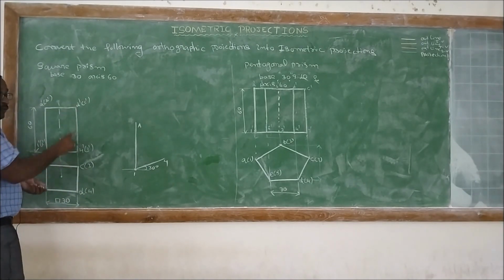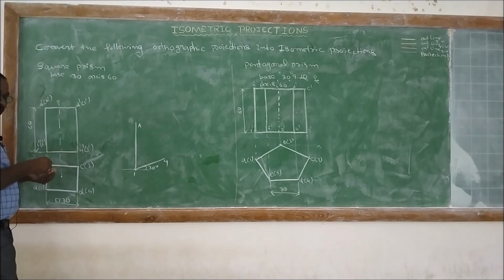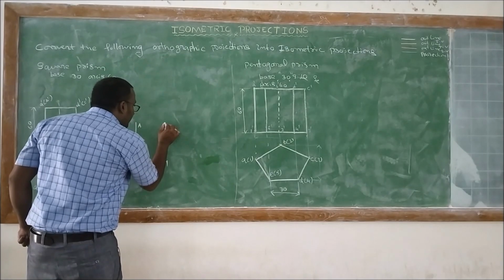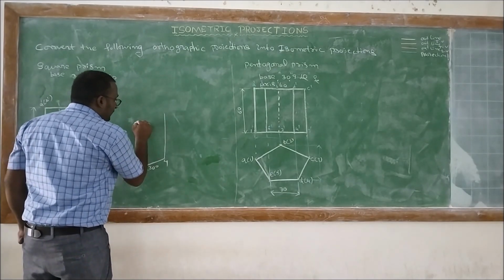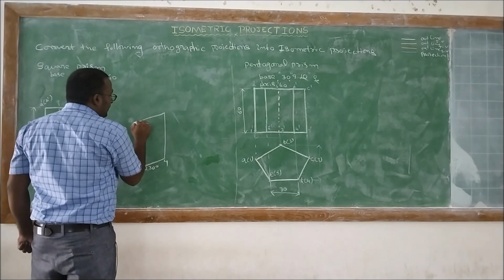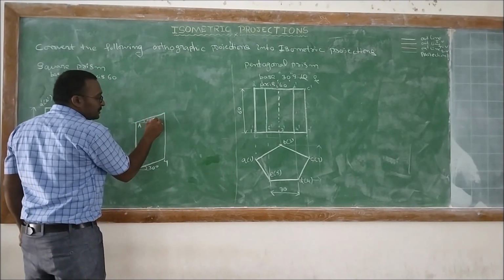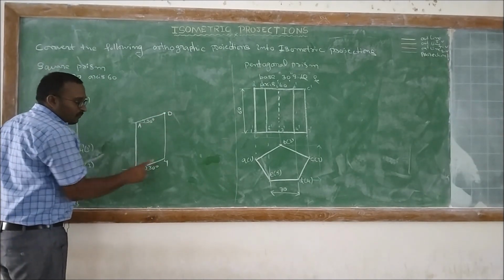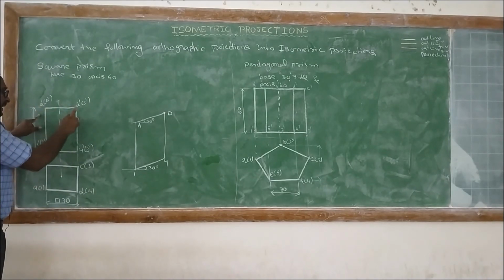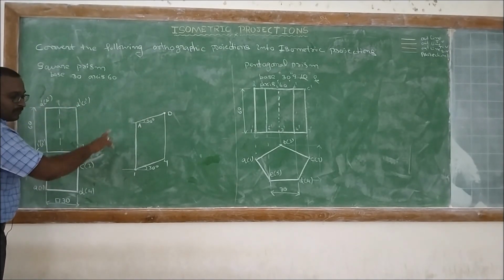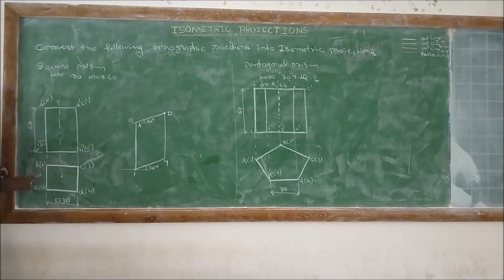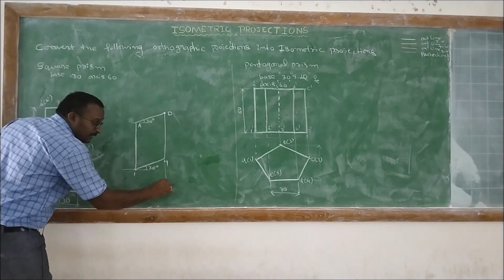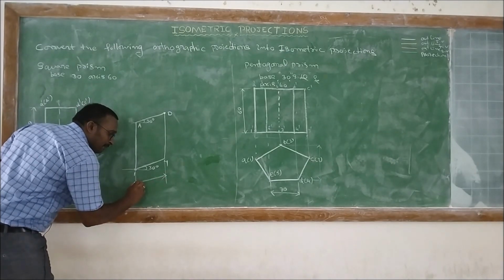Then here 4-D line is a vertical line. So directly what we need to do, we need to construct a vertical line and then horizontal line will be at an angle of 30 degrees to the ground. So here we will get the point D. So this is the front view of the given problem. AD 4-1 plane front view. And then side view will be B to A1. So already A1 is there. And then B2 length is equal to that. So here to here, the length should be 30 mm.